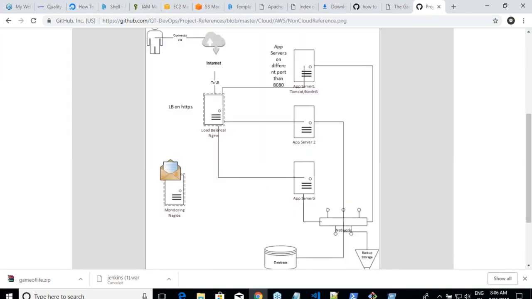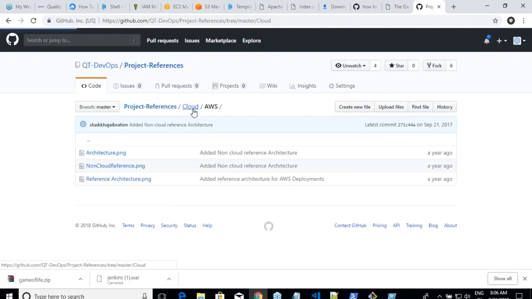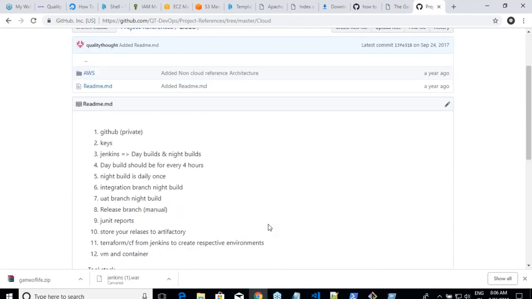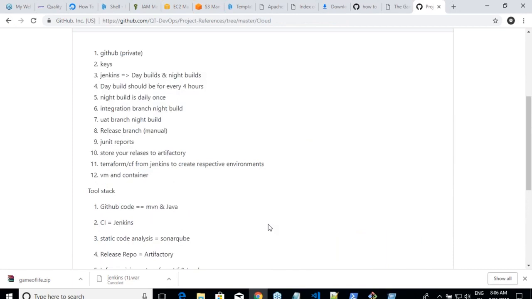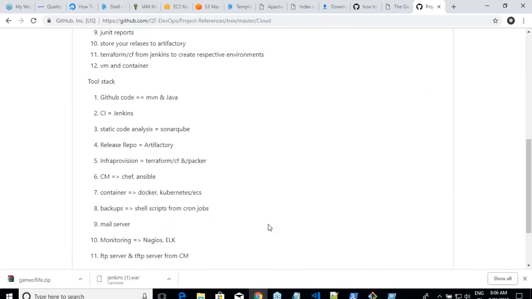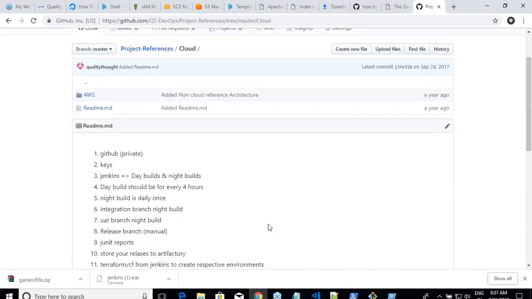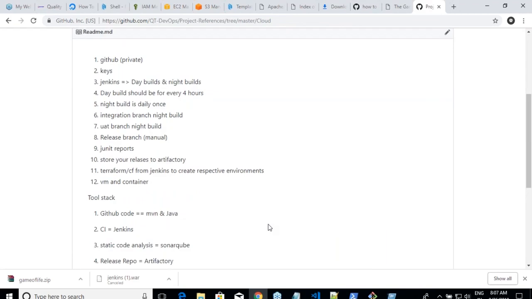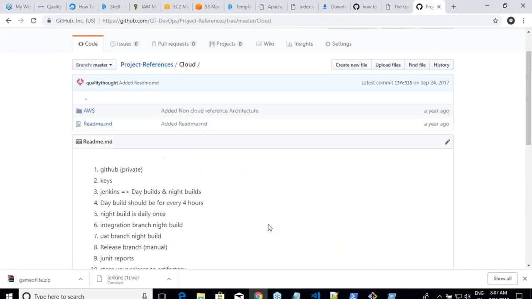I want you to have an Nginx load balancer with some app servers, right? And this is the basic structure. And what is it that you are supposed to do? Are you seeing over here? I've written everything over here for non-cloud as well as cloud environments. Yeah, but don't expect me to do it. No, I don't want to do it, right?